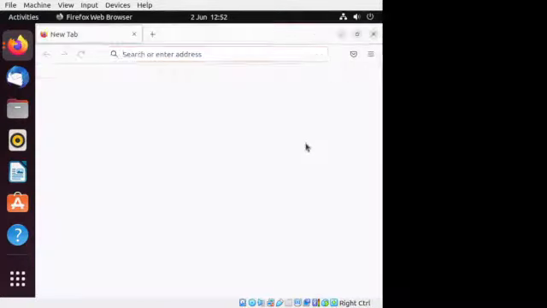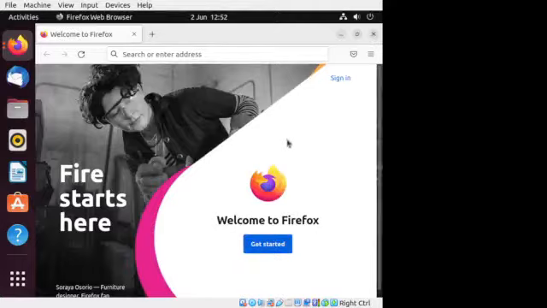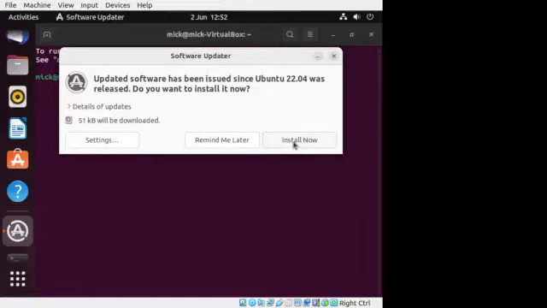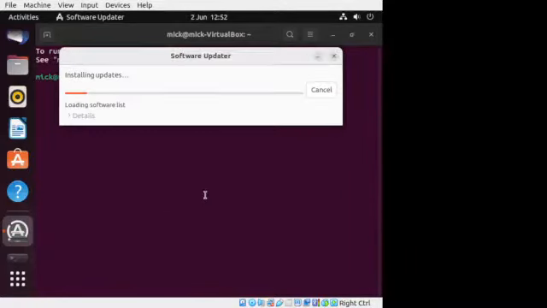So there's the updates. Now we'll just show you this as an example of how the updates are done. You just click on install now. You might be asked for a password. You might not. Depends on the update. So obviously we don't need to enter the password, so it's nothing too important. Well, all updates are important, but